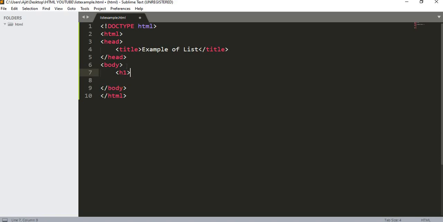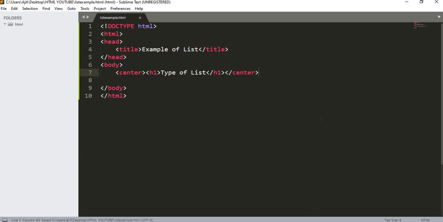The h1 tag is used for heading, as you all know. Type of list. Let me close it, and I'm making this big and putting it in the center, right? That will be good for us.